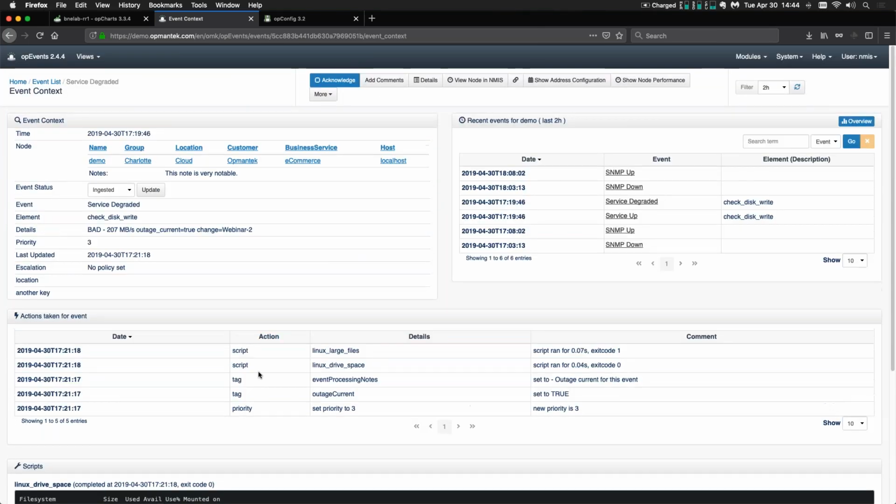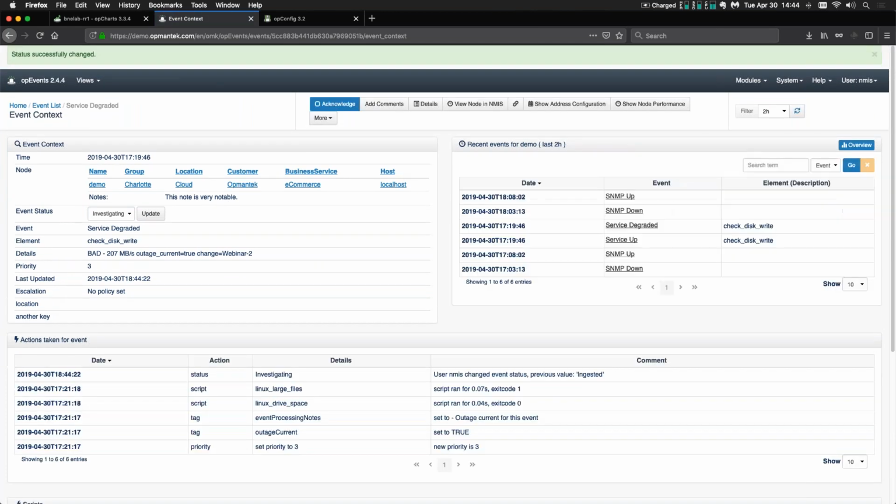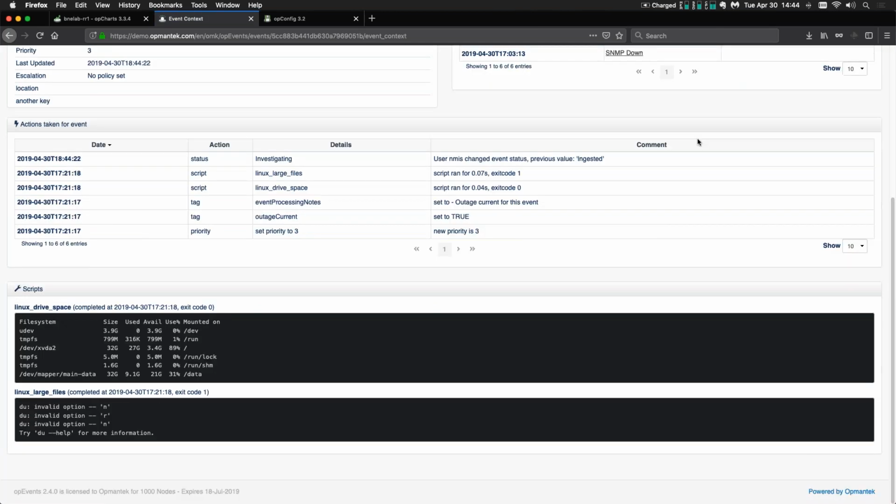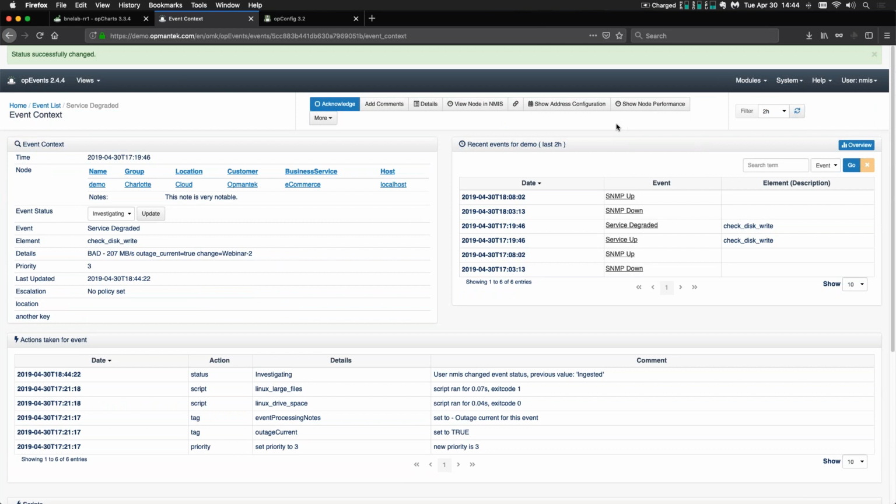We've captured some information. We've stored that information here. I can also change my event status. I'm investigating this event now, so we can keep track of this. And just like in OP Charts, where we had a list of different types of applications here, we can do